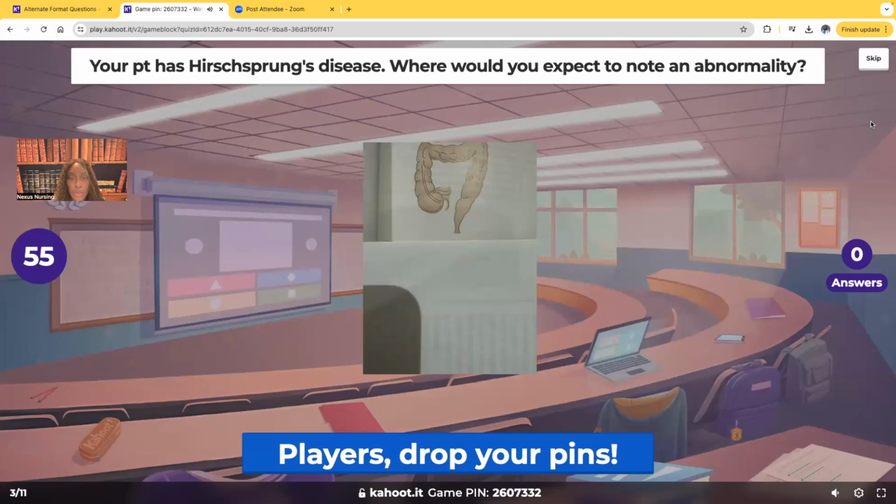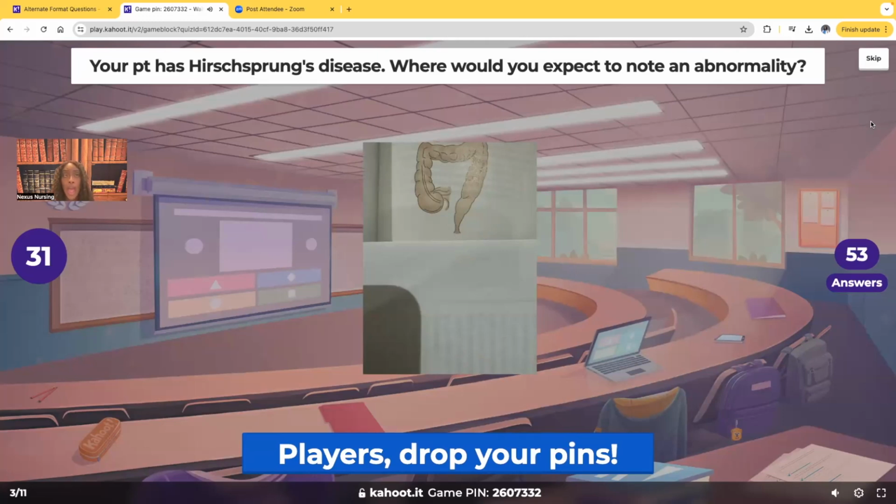Oh, I thought this picture was going to be much bigger. I'm sorry. All right, so the picture on top, where would you expect the abnormality to be noted? So take your mouse and click where you would expect the abnormality to be noted in the patient with Hirschsprung's disease. Now, while you're thinking of your answer, I'll just remind you that a patient with Hirschsprung's disease, this is going